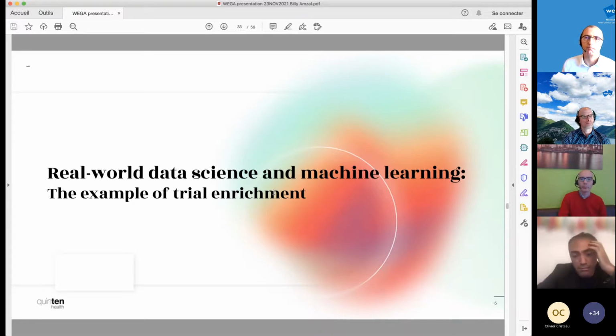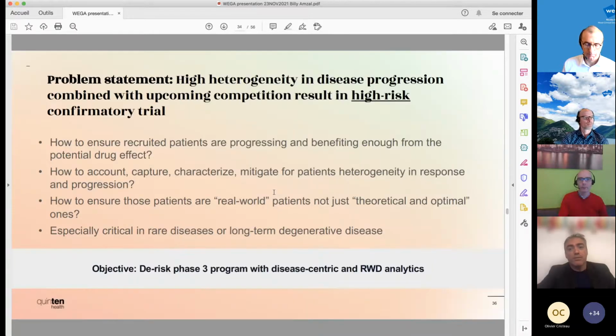And I will describe a little bit now how enriched trials can improve inclusion criteria and basically better align the trial objectives with the real-world value. So now, with the Alzheimer example, I was discussing the endpoint definition of a trial. Now I'm looking at the target population, how real-world data and proper analytics can support better inclusion criteria. So